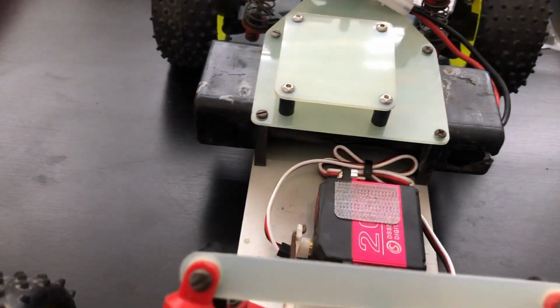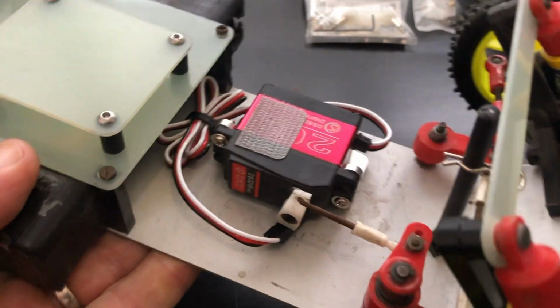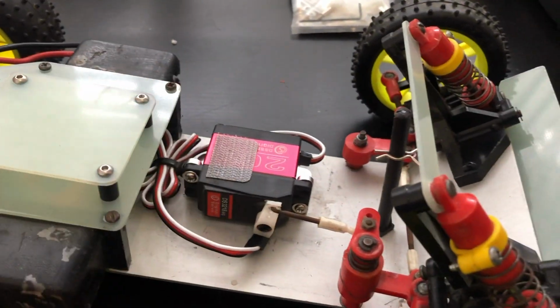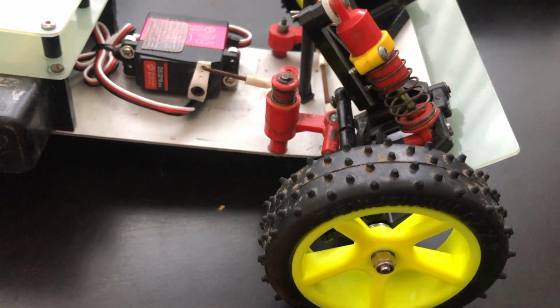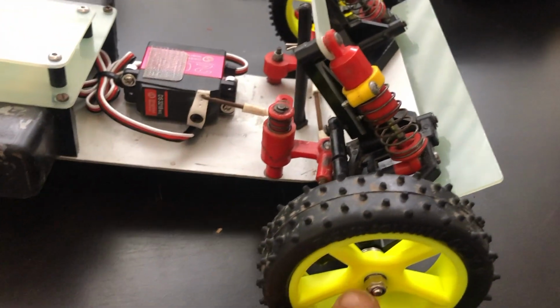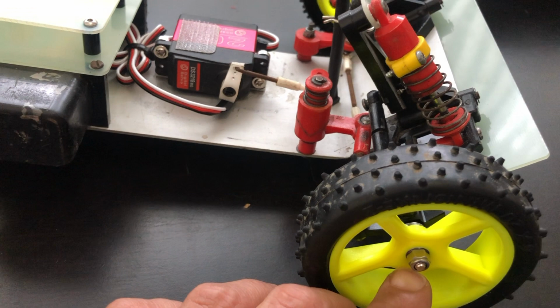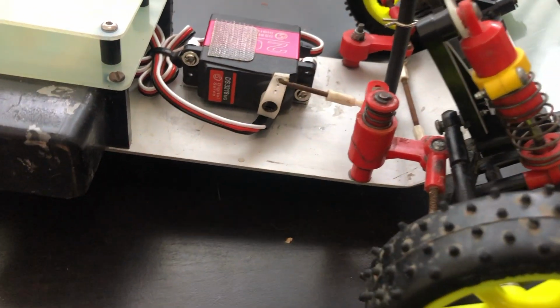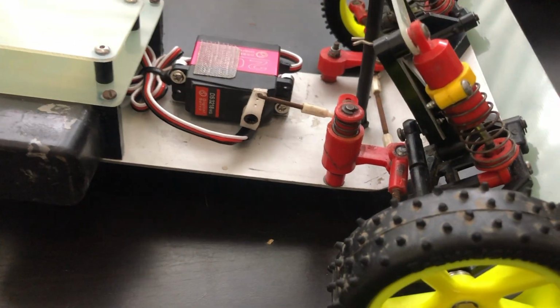So that's the front setup with the new servo mount just there, and obviously with the new steering knuckles, the new axles and the new wheels, and now 4mm nuts to hold the wheels in place. Moving back along the car,